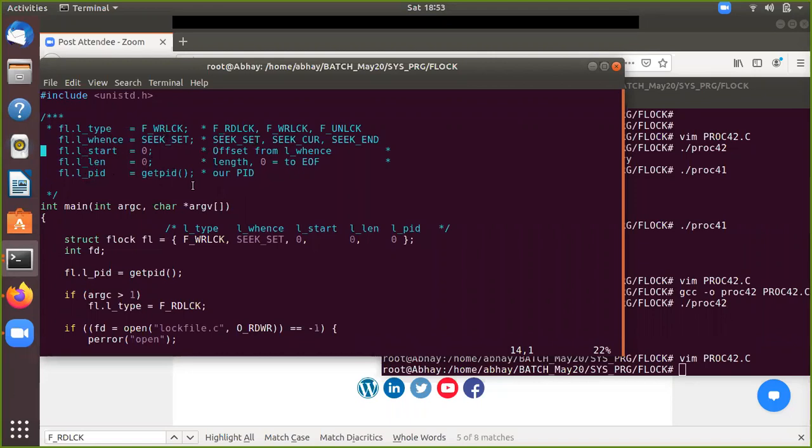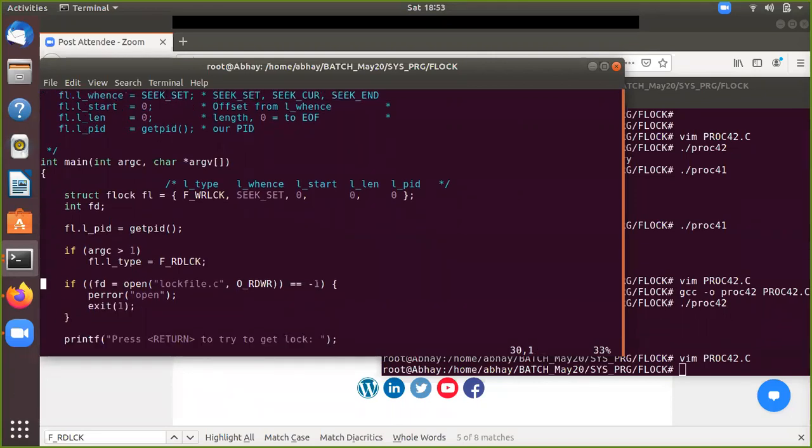Basically this is the current PID for the process. So when you are going to use this flock, you have to populate this structure with all these details. Here we are populating it: we have initialized this structure at the same time as defining this variable.